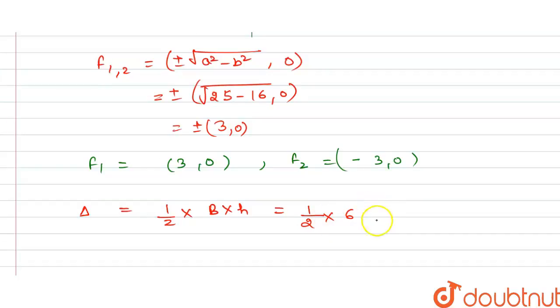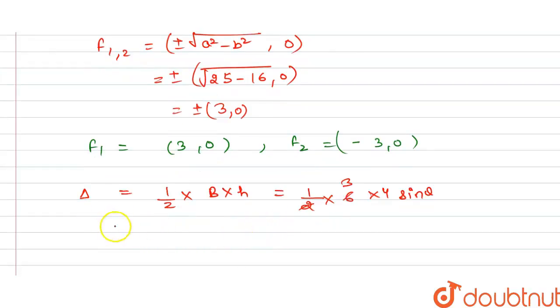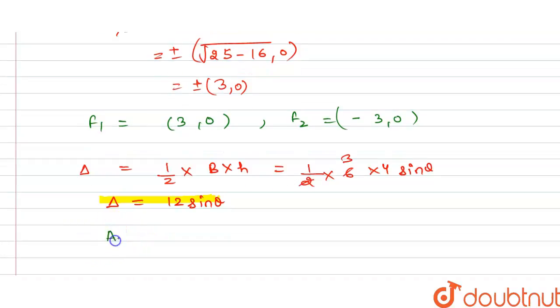So from here we get 1 by 2 into 6 into 4 sin theta, that is 3 into 4 sin theta. So the area of the triangle is equal to 12 sin theta. So this is our area of triangle. Now the area of the triangle is maximum when